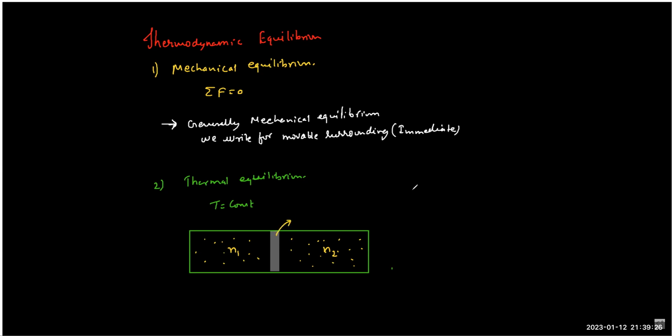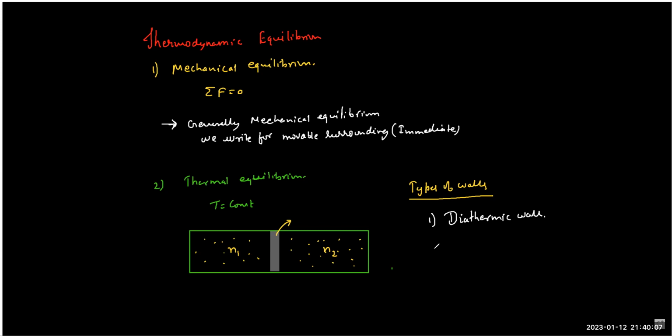We need to understand there are something called types of walls. So how many types of wall we have? There are two types of wall that you should be aware of. The first is called diathermic wall. So what is diathermic wall? A wall through which heat can pass